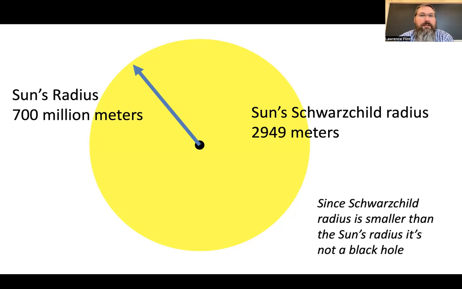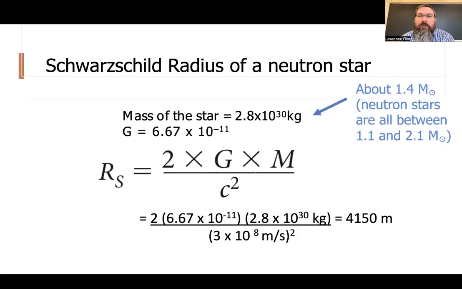Now, one solar mass, or the mass of our sun, is not enough mass in any situation for a star to be a black hole. So most main sequence stars are not black holes. They don't have nearly high enough densities, like in the case of a neutron star. Since the Schwarzschild radius is smaller than the radius of the sun itself, the sun is not a black hole. If you go to a more dense object, maybe something with more mass than the sun,